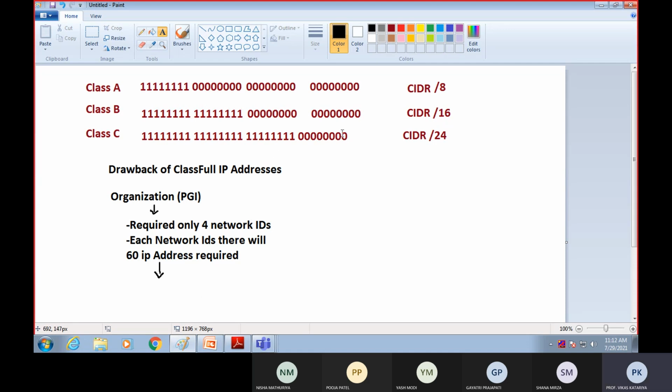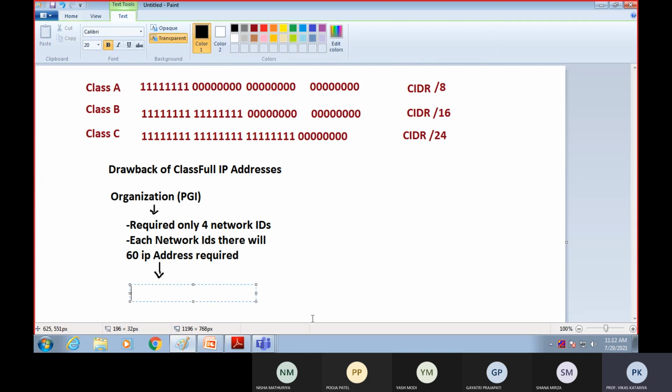Class C provides us 256 IP addresses in each network ID. So we prefer class C IP addresses